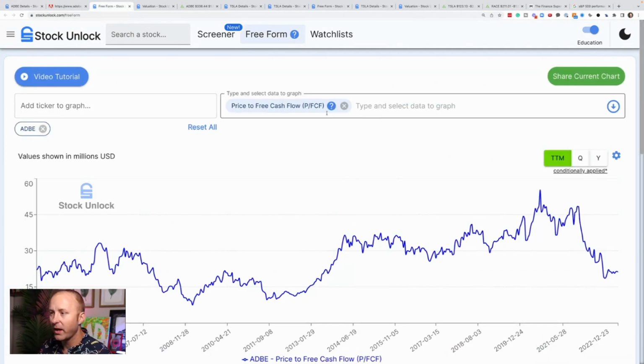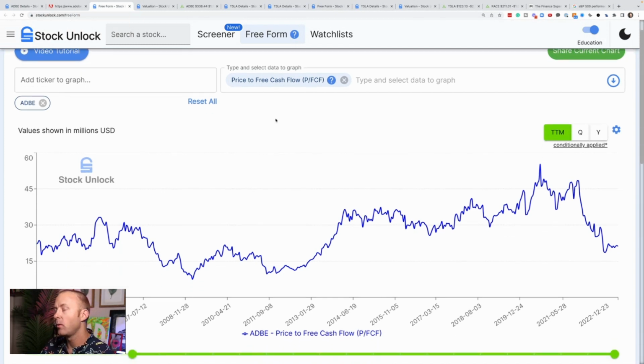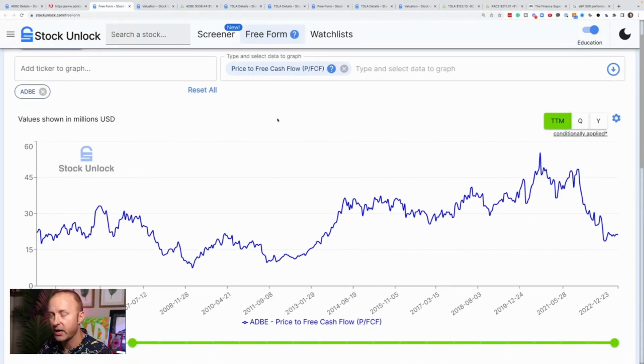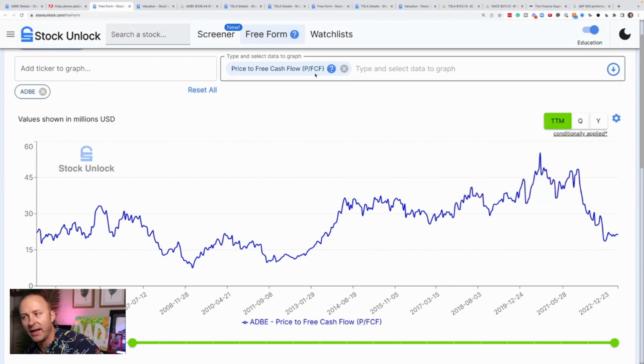Okay, I think a great way to look at this business, especially going into 2023 in recessionary times when times are going to get tougher on the economy, is that we want companies with strong free cash flow, which is one of the things I really like about Adobe. So I think looking at it on a price to free cash flow basis is a great way to evaluate